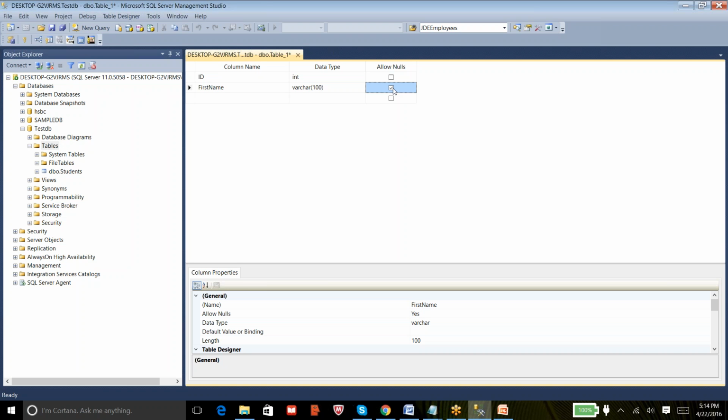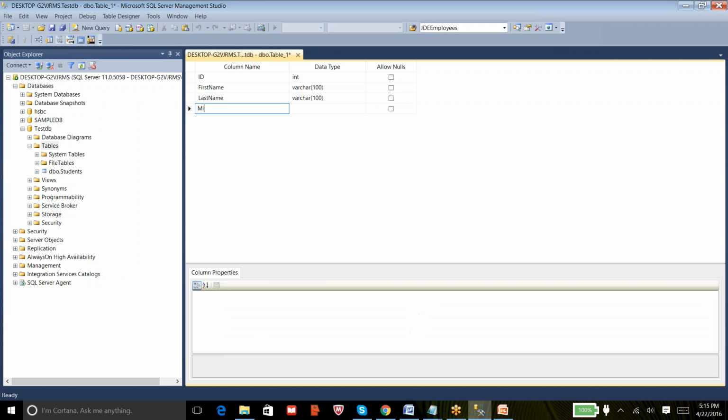And here I still need to uncheck allow nulls because I don't want this column to be null. And maybe the last name, I still make it varchar 100, and I will uncheck allow nulls here because everyone has a last name.